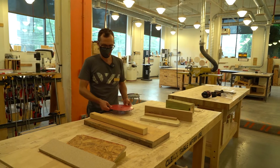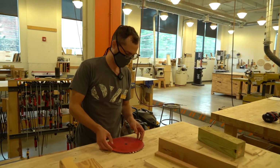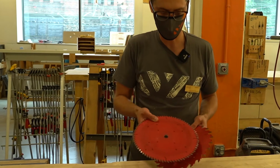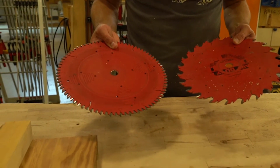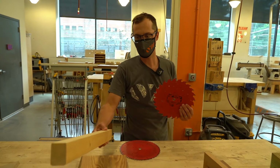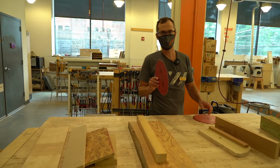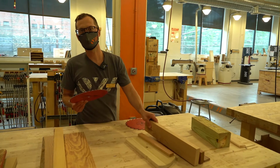So that brings me to blades and how these pieces of material get machined. In general, you have big teeth that are spaced wide apart and small teeth that are spaced closely together. But your big teeth spaced wide apart are primarily for cutting soft wood or making rough cuts. Your fine-tooth saws are going to work better on tighter grained, denser material, and they're going to produce a finer